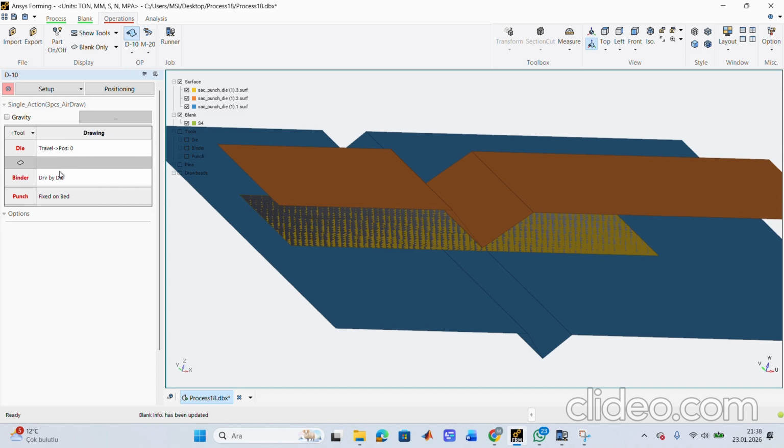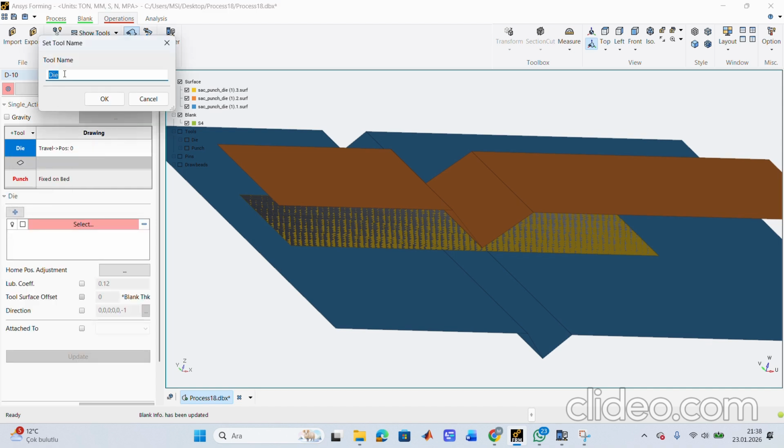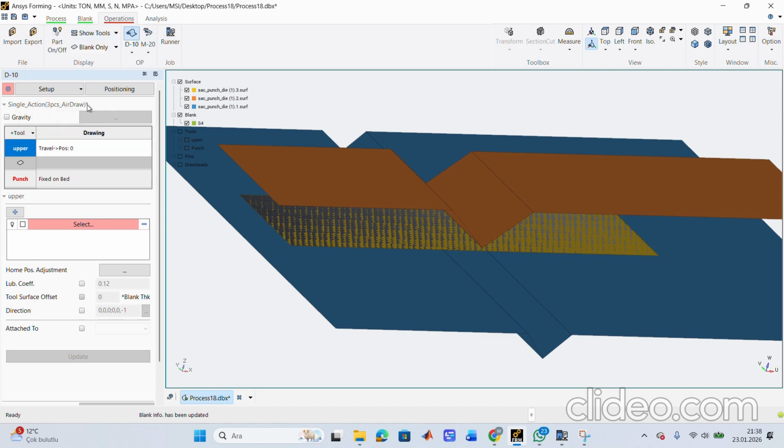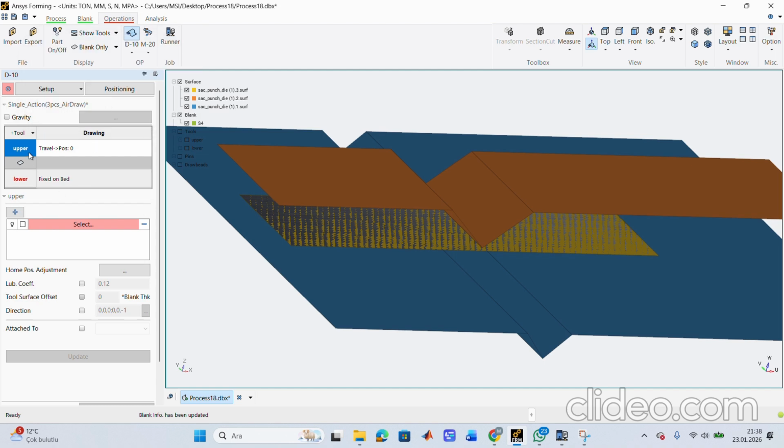Firstly, I delete this and this. Then I rename them: upper, lower, okay. And this is fixed on bed. This means it is not moved.